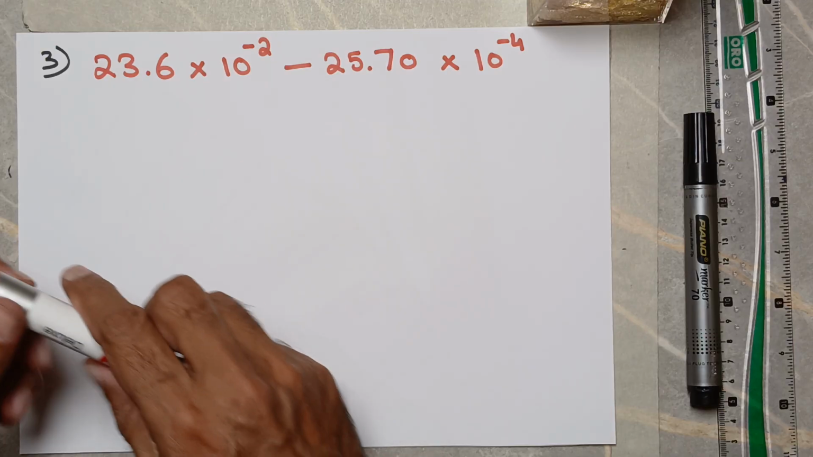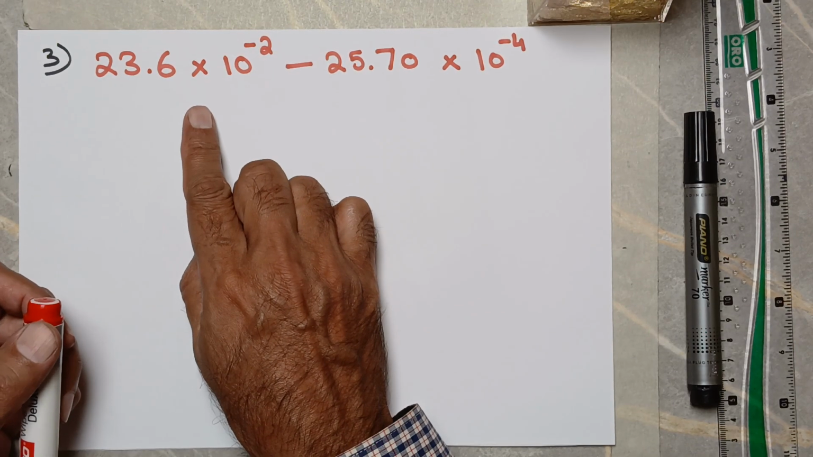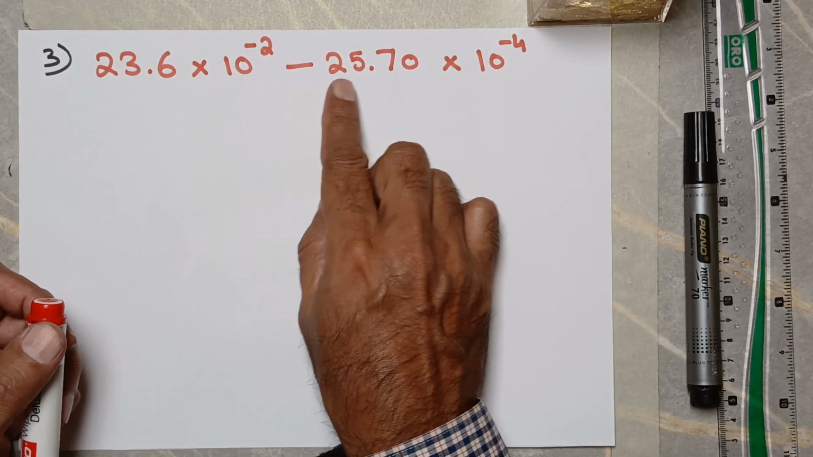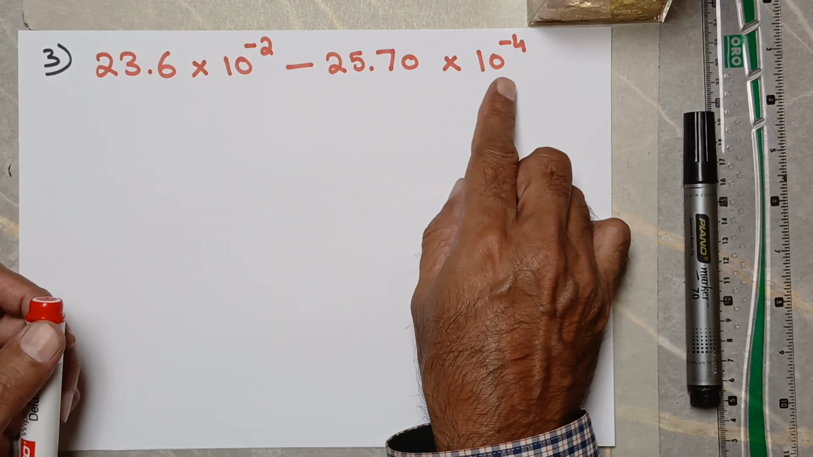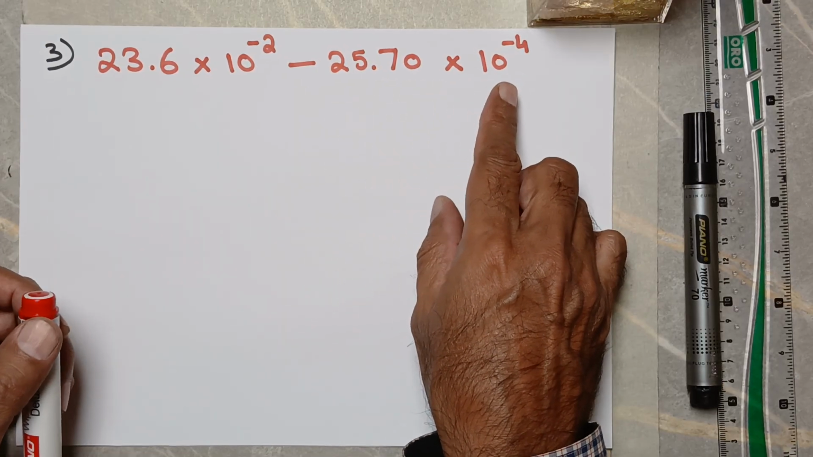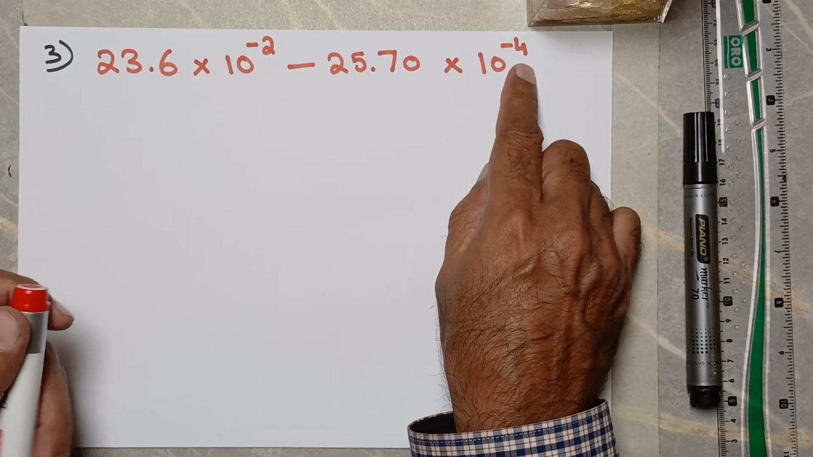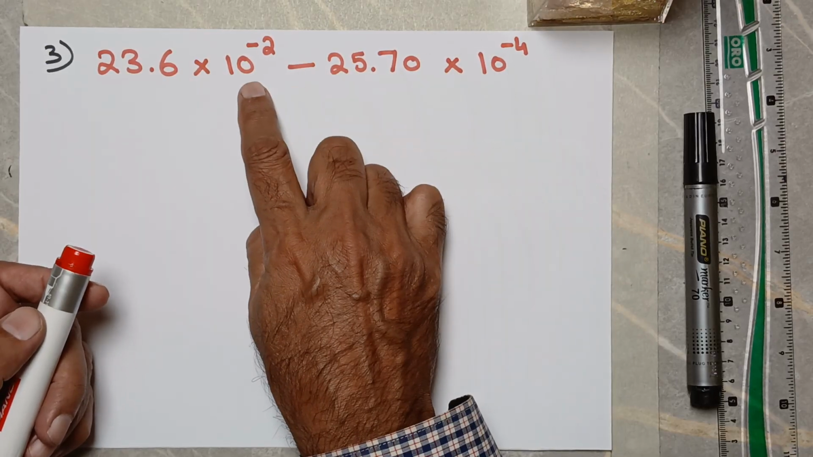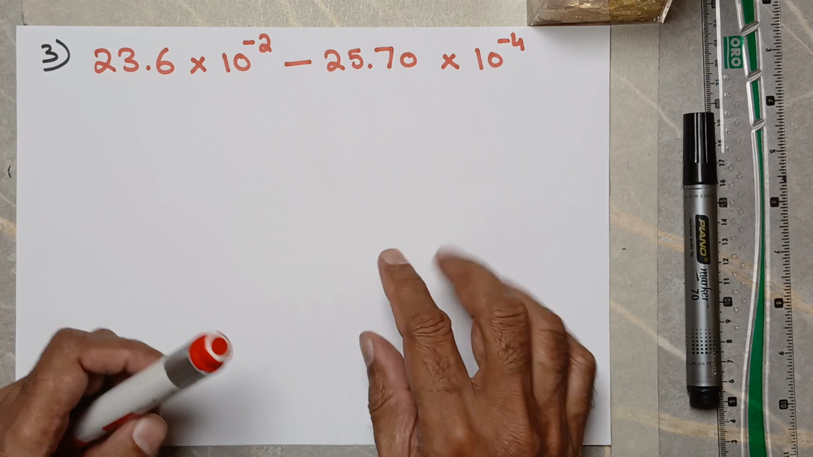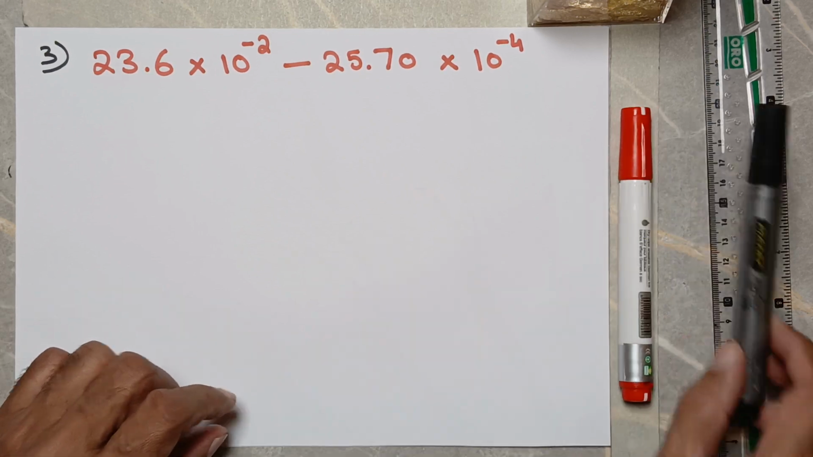Here we have 23.6 times 10 raised to the power minus 2 minus 25.70 times 10 raised to the power minus 4. Now again we shall pick 10 raised to the power minus 4 because it is lower in terms comparing to the 10 raised to the power minus 2. So